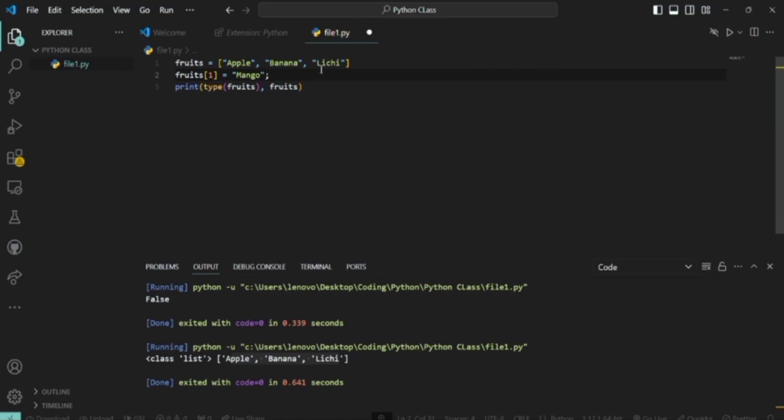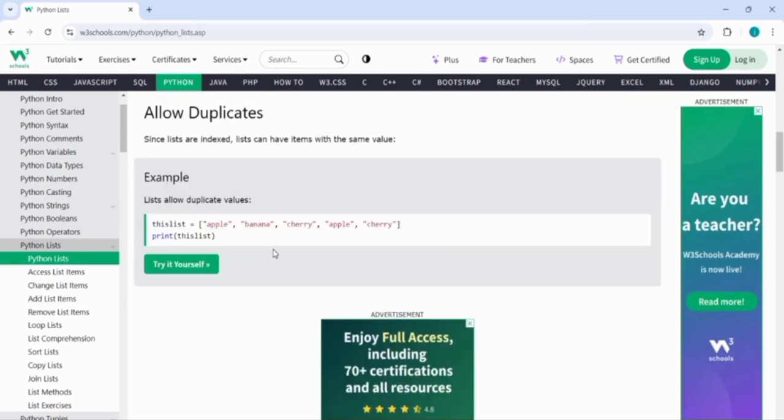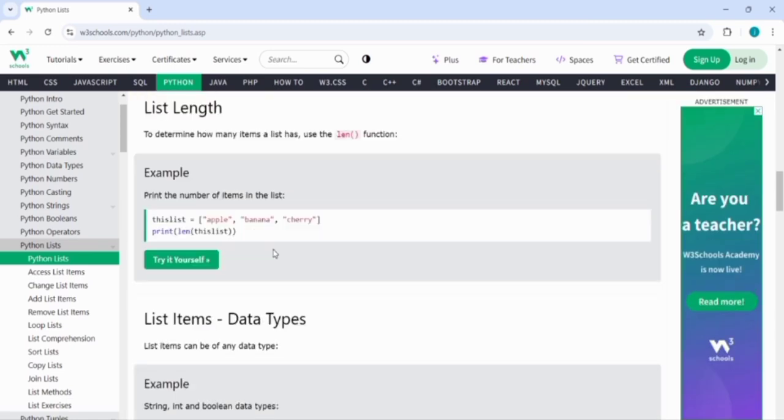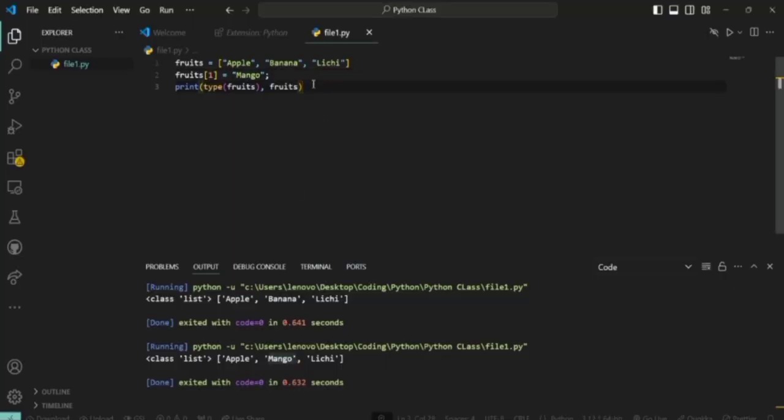Now if you save this code and run the code, you can see the banana is changed by mango. So that means the lists are changeable. So how can you print the length of the list? For printing the length of the list,